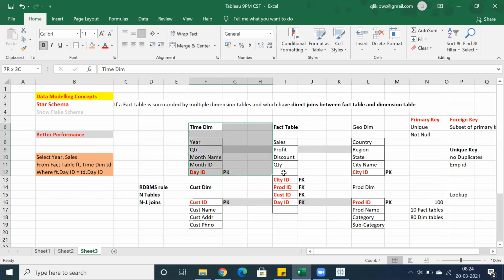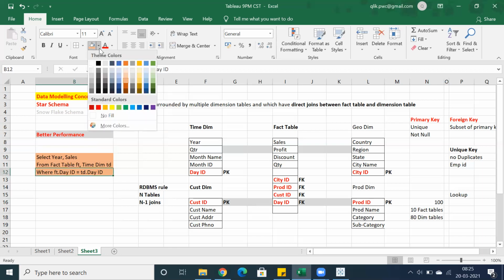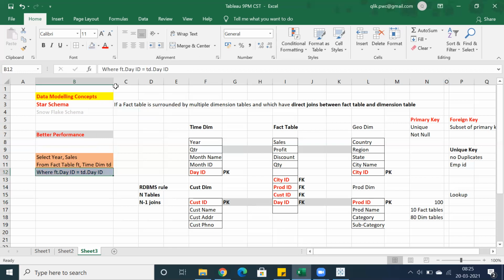So we have only two tables, one is the fact table and one is the dimension table. In place of n we replace with 2. If we have two tables, we should get 2-1, that is one single join. That is the join here. Clear? So this is the join: fact table dot day ID equal to time dimension table dot day ID. That is the common key column between the tables.